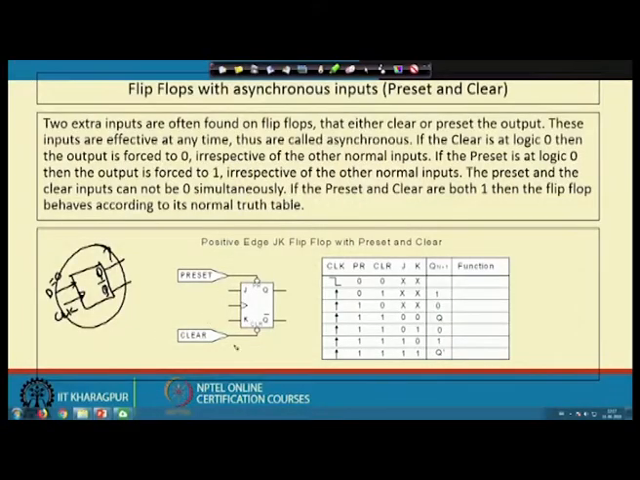Now, if we just switch on the circuit, we do not have any control, and Q and Q bar can pick up any value. So how can we control it? For that purpose, most of these flip flops that we have studied come with two extra controls which are asynchronous in nature. One is known as preset, another is known as clear. As long as preset and clear are 0 0,